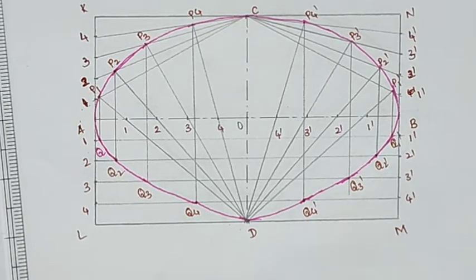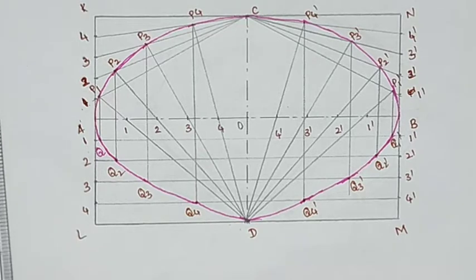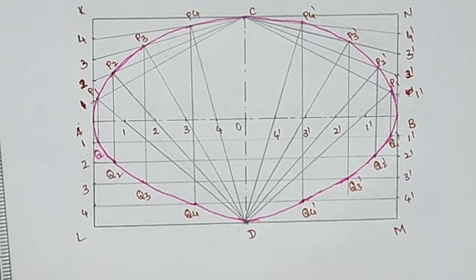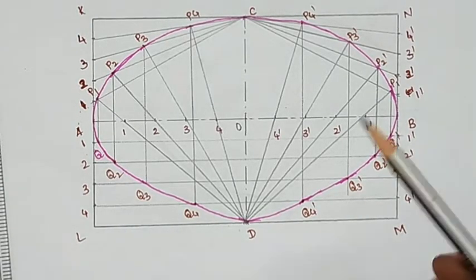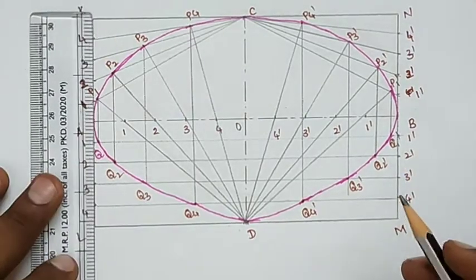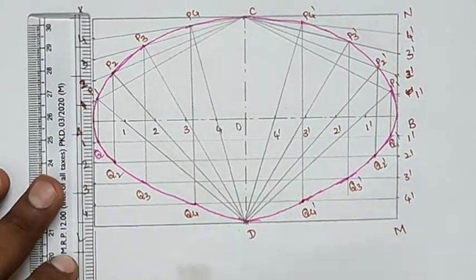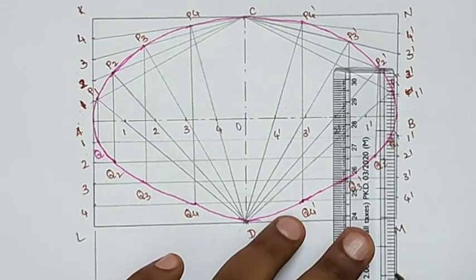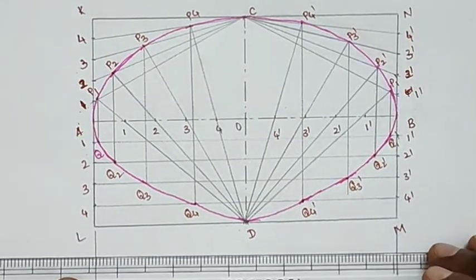Now we will draw a neat curve by joining all the points through ABCD, and we will get a curve. That curve, we will call it an ellipse. So this one is the rectangle method. Here only the curve should be in a thick line. All other lines you can represent by using your thin pencil, that means by using your 2H pencil.